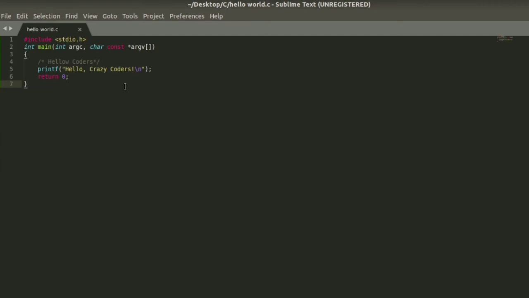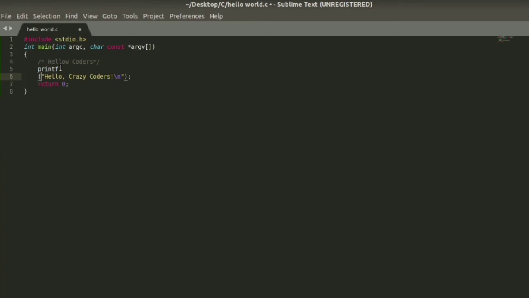For example, in the printf statement in the fifth line, printf is the identifier which refers to the printf function inside stdio.h, the open parenthesis, close parenthesis and semicolon are symbols in this line, and hello crazy coders is the string literal, which is a token as well.